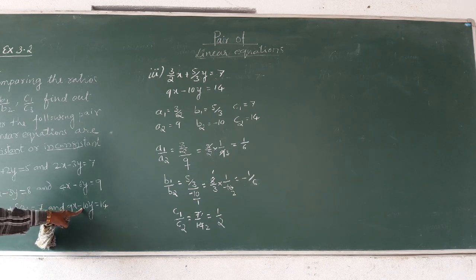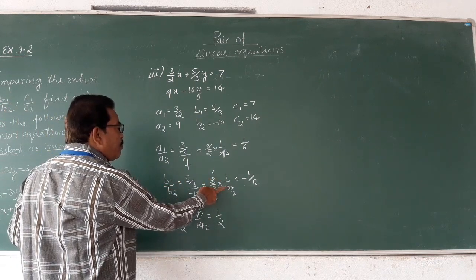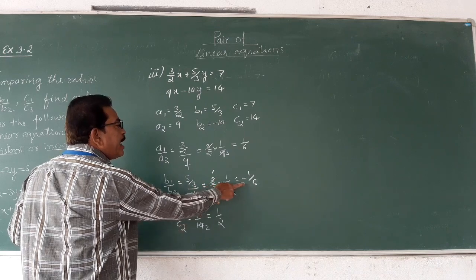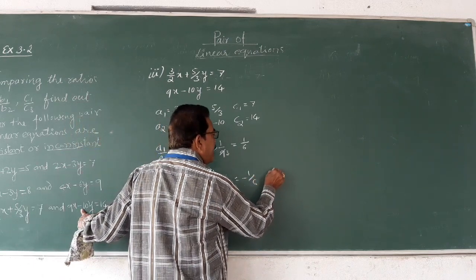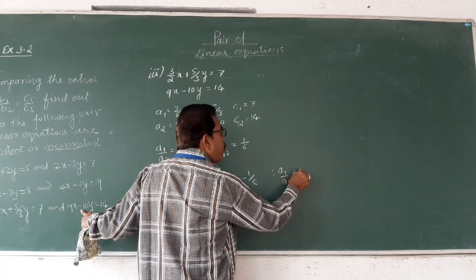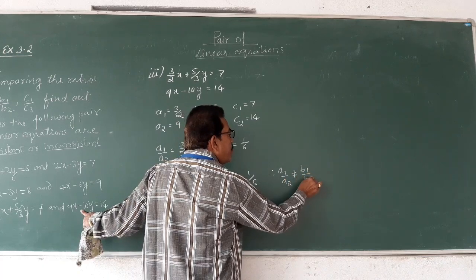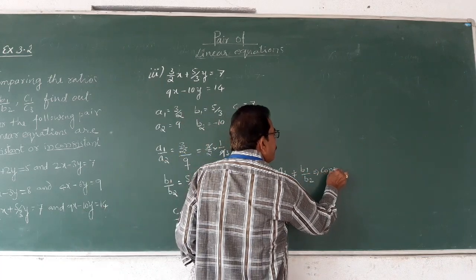Minus 10y, we have to consider the minus. So 5 by 3 into 1 divided by minus 10, we get minus 1 by 6. Therefore, what we have to write? A1 by A2 is not equal to B1 by B2, that implies consistent